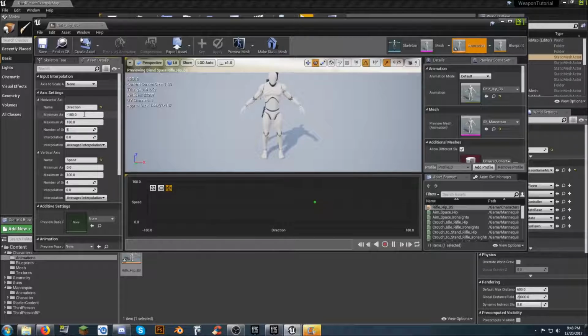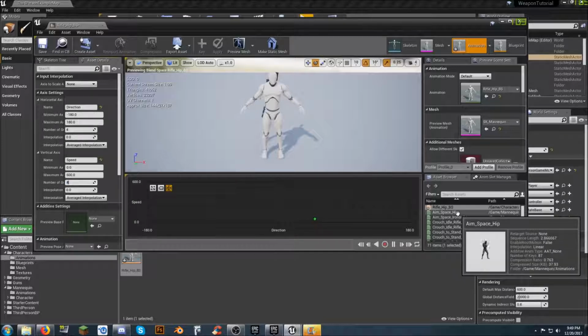Alright, so negative 180, 180. 4 is good on your divisions. Interpolation, these are fine for now. So we just want direction is negative 180 to 180, and speed maximum we're going to put at 600. So now